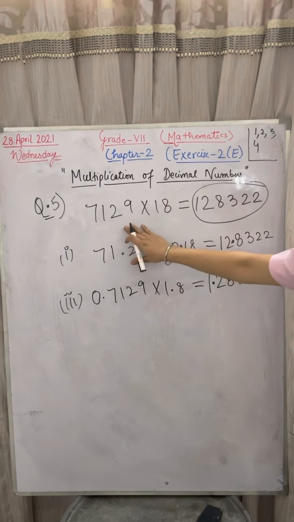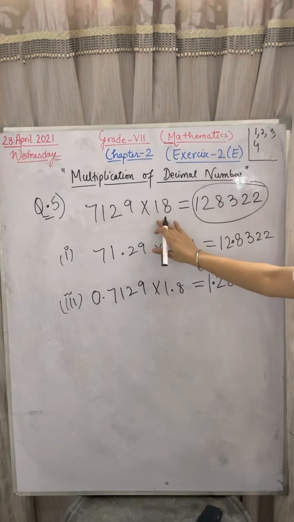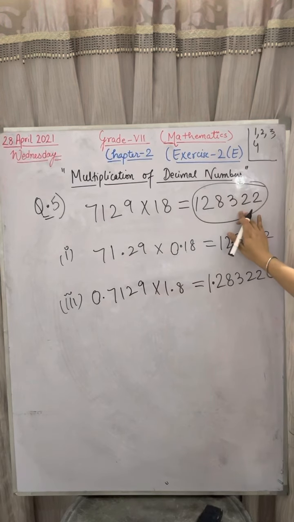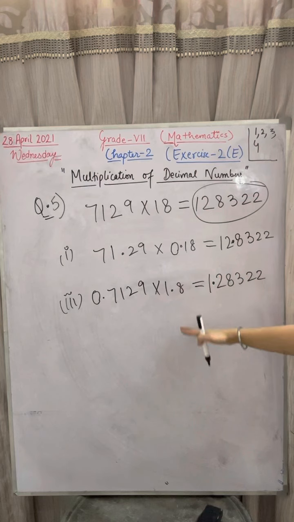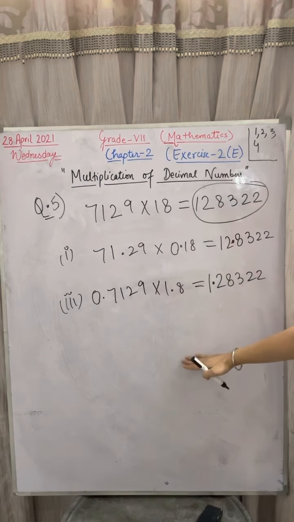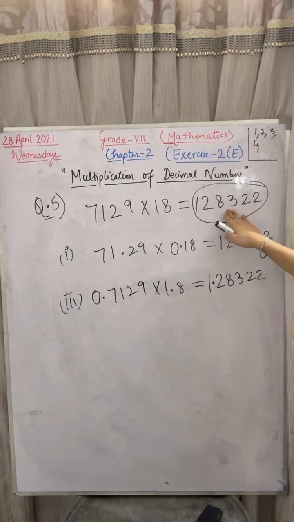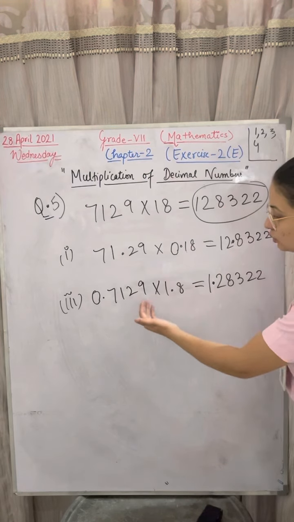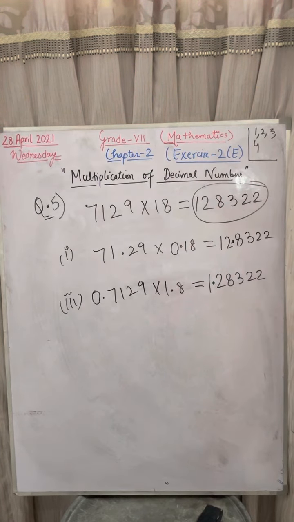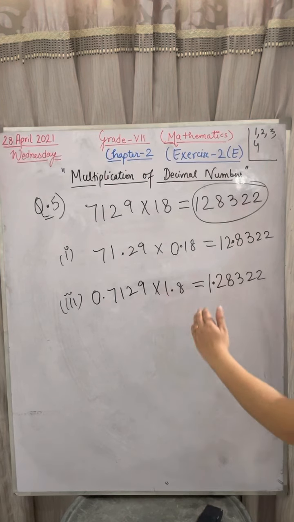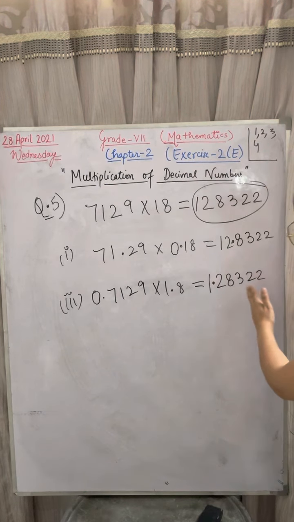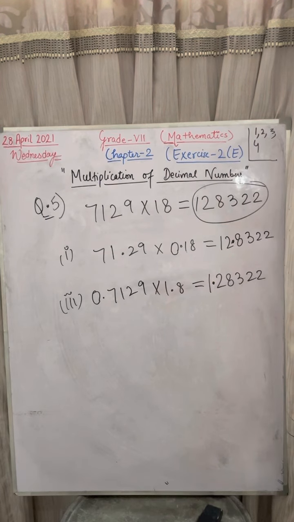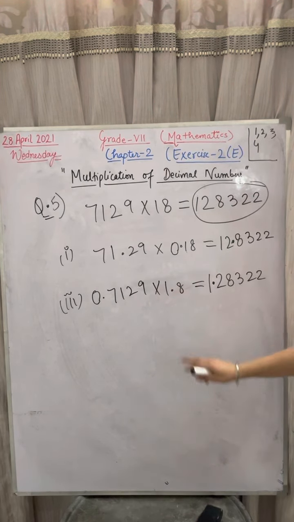The question is given in this way. They are saying that when we multiply these terms, the answer will be this. So what will be the answer for these decimals? In these parts the values are the same, so your answer will be absolutely the same. Only you have to put the decimals according to where they have shifted: before 2 digits, before 3, before 4, before 5. That is according to the question. Is this question clear to you?